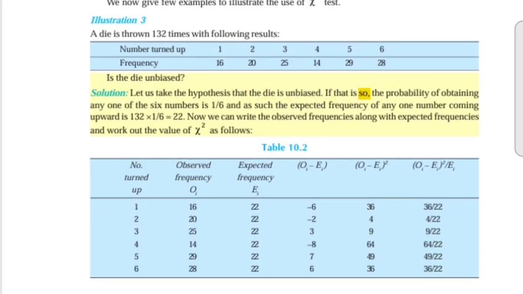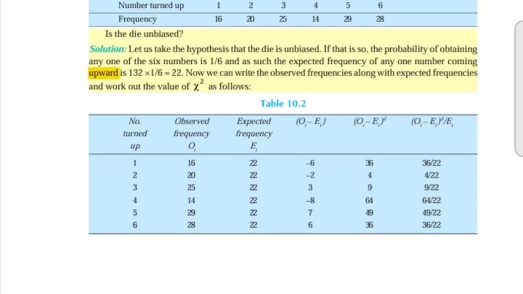If that is so, the probability of obtaining any one of the 6 numbers is 1/6, and as such the expected frequency of any one number coming upward is 132 times 1/6 equals 22. Now we can write the observed frequencies along with expected frequencies and work out the value of chi2 as follows: